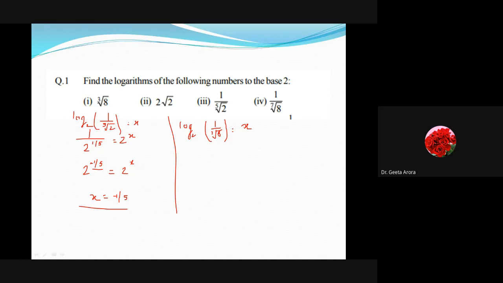It is similar to the first part. We have written cube root of 8, and here we are saying the seventh root of 8. There it was in the numerator and here we are getting it in the denominator. Yes, try to give me the answer. No answer, still doing. Okay, let me wait for 1 or 2 more minutes.